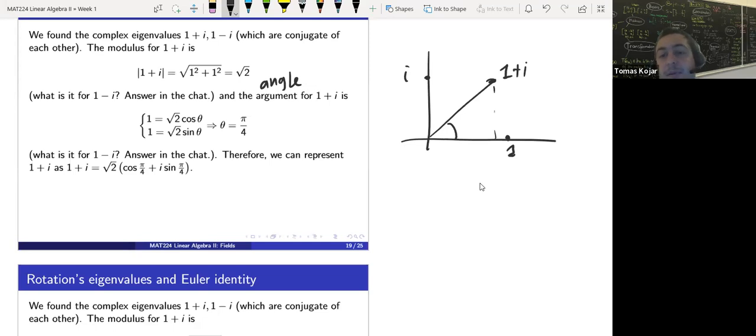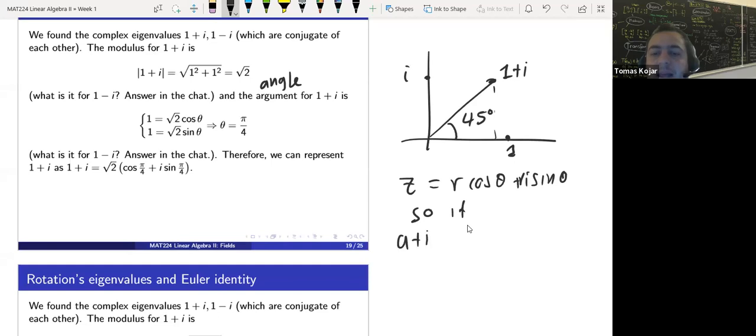And it splits it exactly. So you get 45 degrees, but let's find it mathematically here, symbolically. So the way I do it is I want Z to equal R cosine theta plus i sine theta. There's a beautiful thing about complex numbers that you can equate them. Here's the thing that we're using. If you have a plus ib equal to c plus id, you get the following system: a is c and b is d.